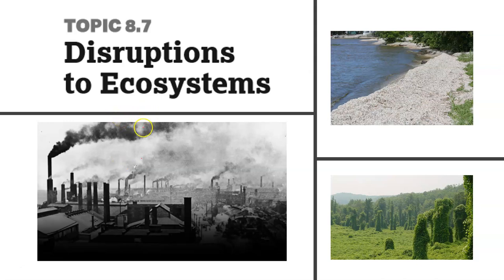It's kind of when we started to put a lot of carbon into the atmosphere via burning of coal and other fossil fuels and things like that. So it's a major change to the ecosystem, destroyed a lot of ecosystems, and is currently, in its current phase, destroying our planet, really.